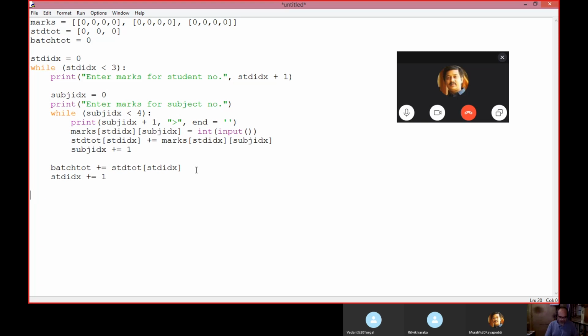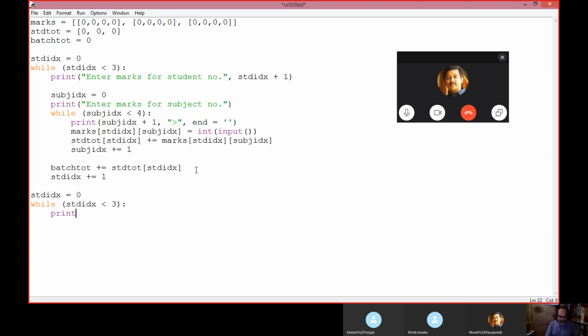Okay. Reset the student index to 0. Okay, while student index less than 3, there are 3 students. Fine.